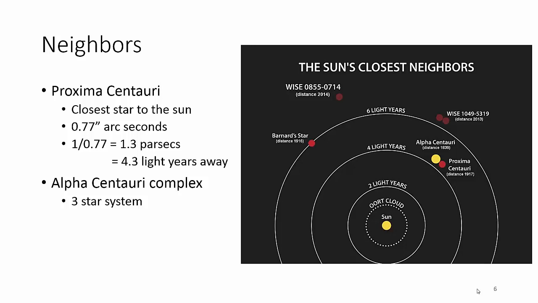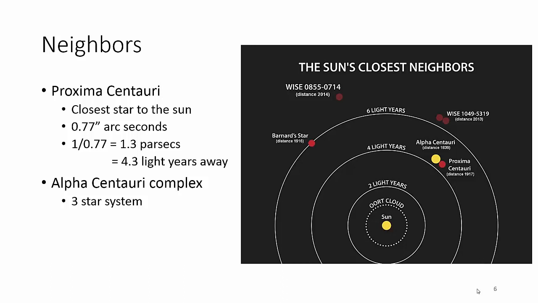All right, so let's look at our little neighborhood. So you've got the sun in the middle, right? And then a lot of stuff between the sun and the Oort cloud. We've talked about everything that's in there. We've talked about all that in pretty good detail. And then 2 light years away, 3 light years away, 4 light years away, we finally come to another star,